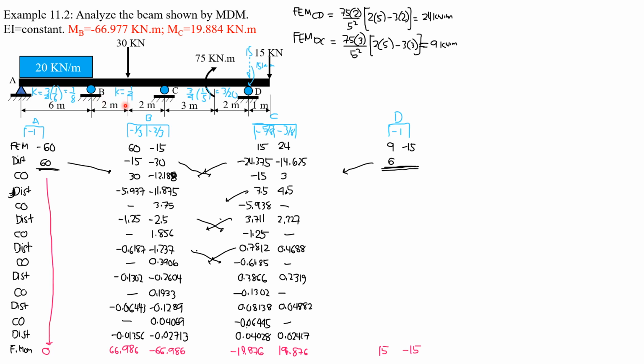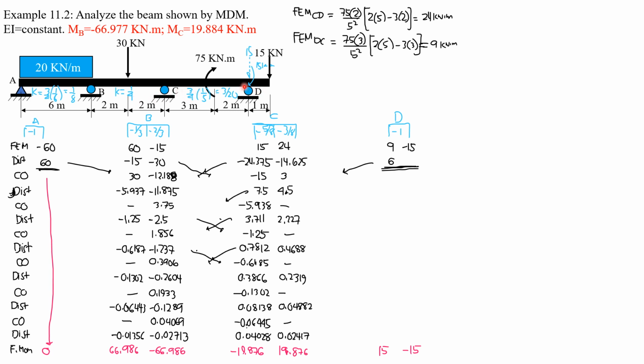So first step is to compute the stiffness of each segment of the beam. For AB, because the far end is expected to have zero moment, or the far end is pinned, we have to modify the stiffness by multiplying by the factor 3/4. So 3/4 of I over L, 3/4 of 1 over 6, it is 1/8. BC is an interior span. We expect moments at B and C, so its stiffness is not modified. It is just I over L, so 1 over 4.